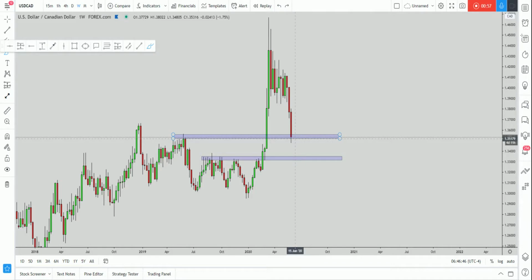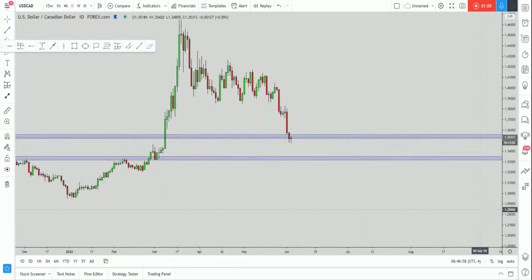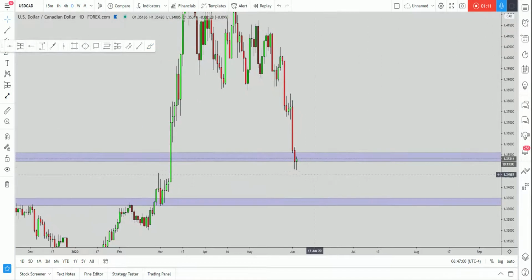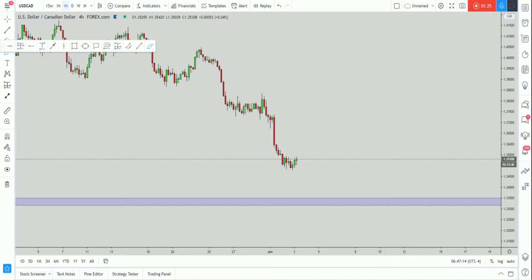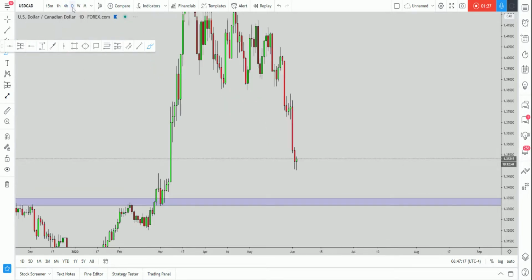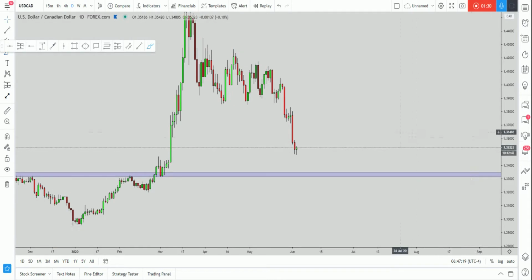So from a weekly perspective, we immediately know that we can be looking for a possible buying opportunity either from here or even better from here, because it would give us an even better risk to reward to the upside. We go down on the daily time frame. We can see that already from here the market is starting to show some rejections. However, we first need to see a proper accumulation zone before we can possibly be looking for any longing opportunity, because from a 4-hour perspective everything is still absolutely bearish without giving us any opportunity to be looking for possible